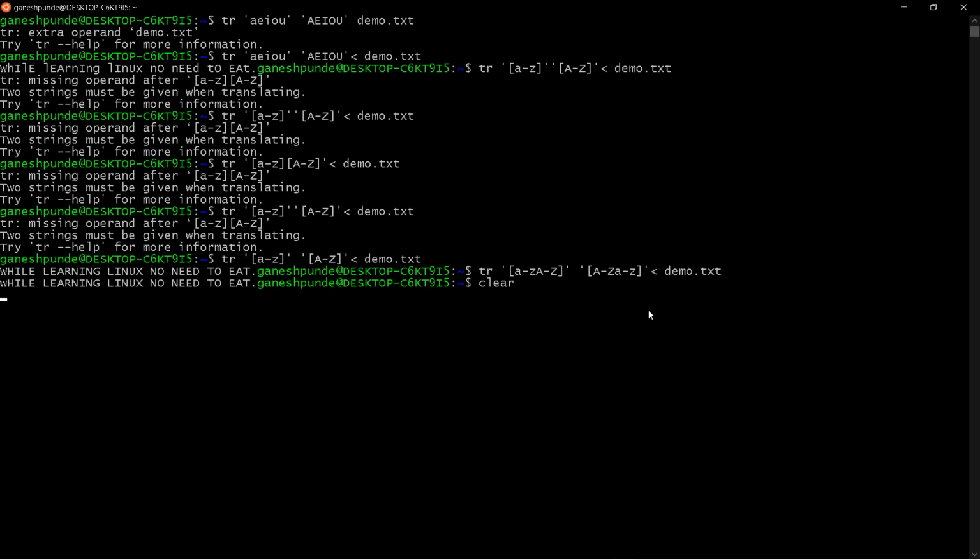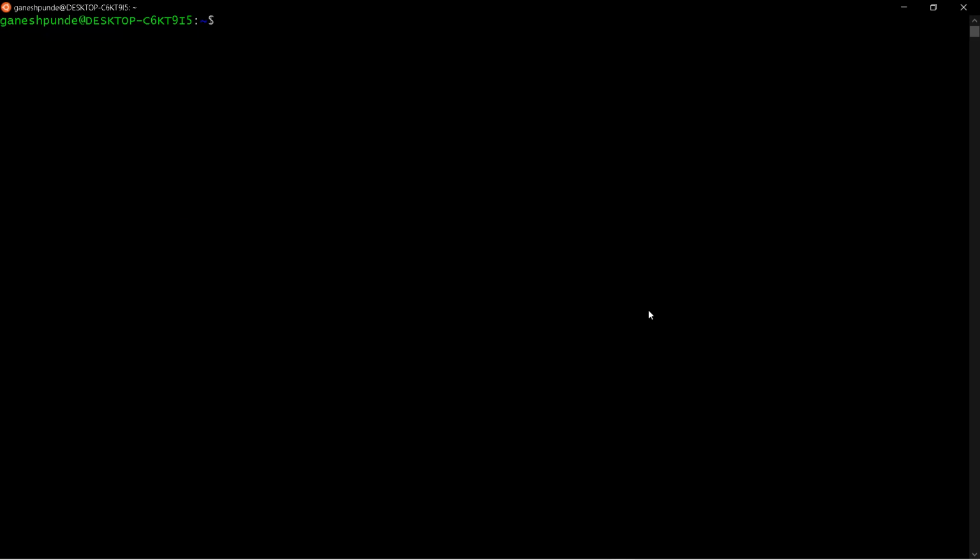Now suppose I want to translate vowels into the digit 7. I can use tr a e i o u and translate to 7. So every vowel will be converted into 7. You can see every vowel is replaced by 7.